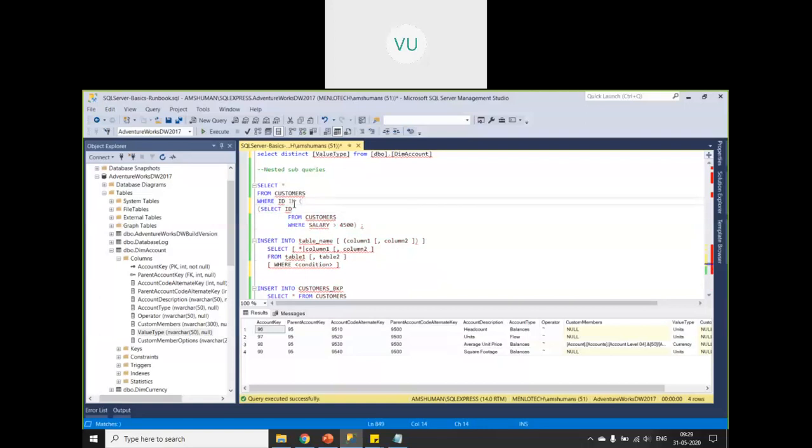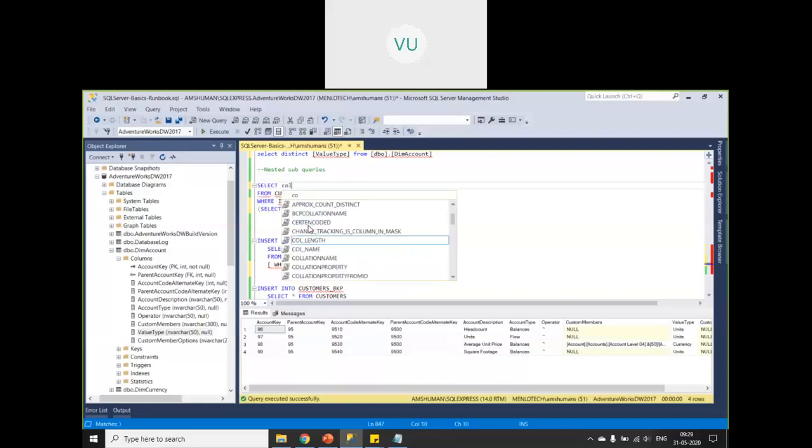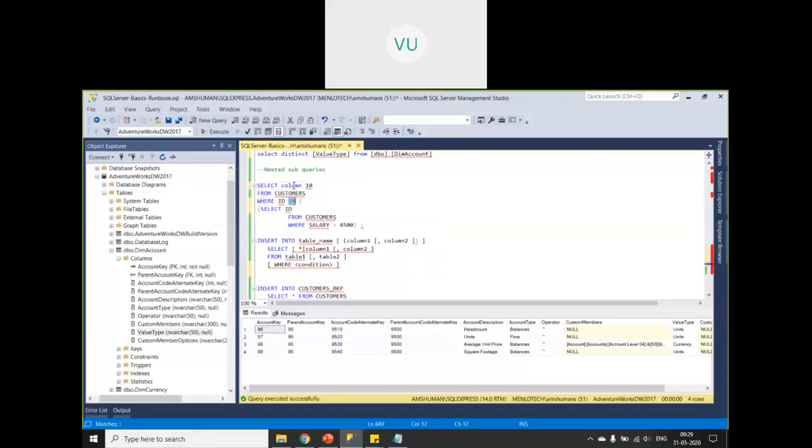In is not related to star. So it doesn't mean whenever you are saying in, you have to return star, all columns. It can be column 1, column 2 as well. You can filter the columns. You can say I want only column 10. You can fairly do that. So we should not confuse between this one and this one.